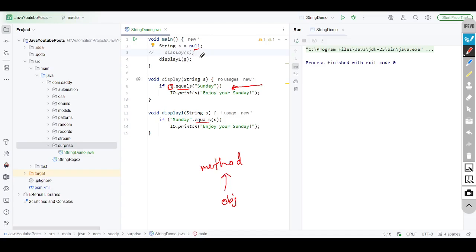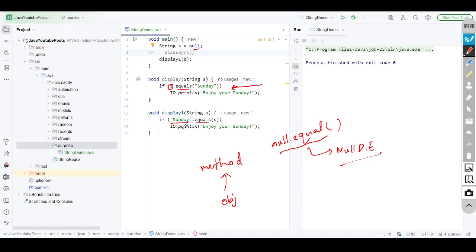So there is no object there, and we are calling a method on that null. That means we are calling null.equals, right? For the first case we are calling this one. So null.equals is definitely not going to give me an output. It is going to throw a null pointer exception, right? Now in the next case, here you can see